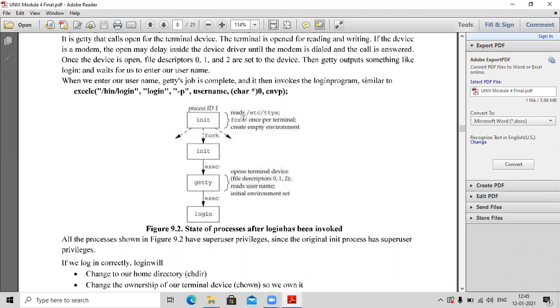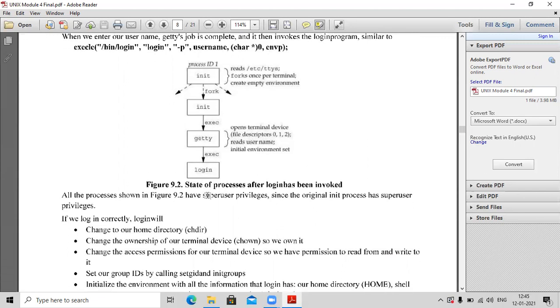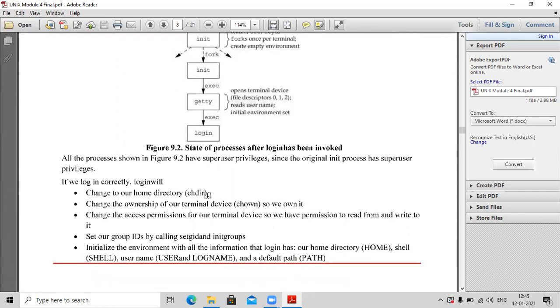So the login name with that corresponding environment will get set up. All these processes will have superuser privileges, because your init process has superuser privilege, thereby all the child processes will also have the superuser privilege.